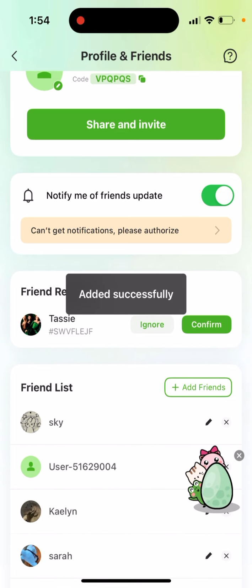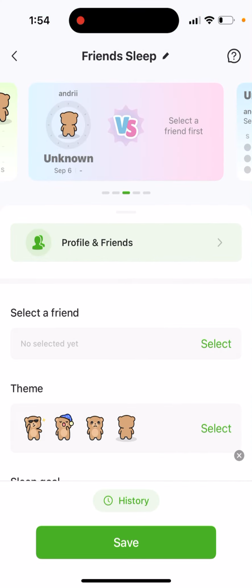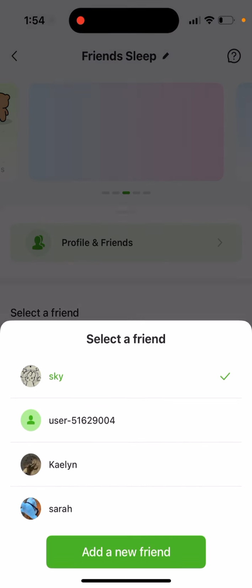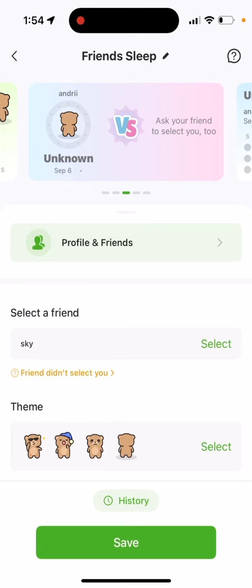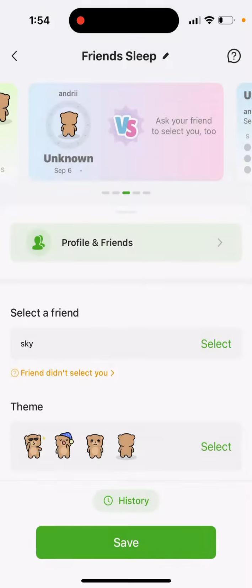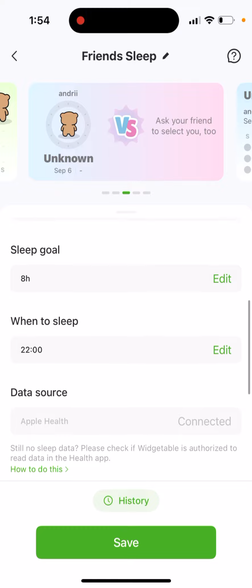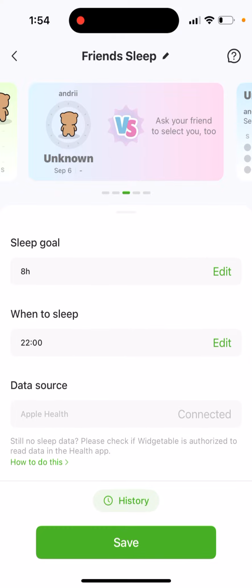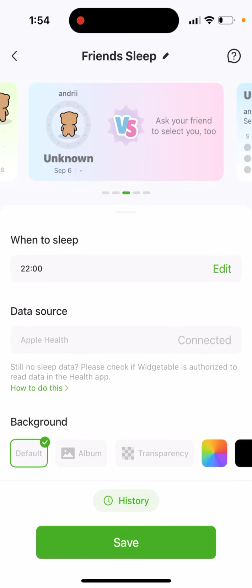For example, you can find these people and then select a friend from here. You can only add a friend who also adds you for this sleep widget. Both of you should select each other to add the widget to the screen. Then you select a theme, you select your sleep goal and when to sleep, and then you add in your data source. Like you need to add Apple Health,